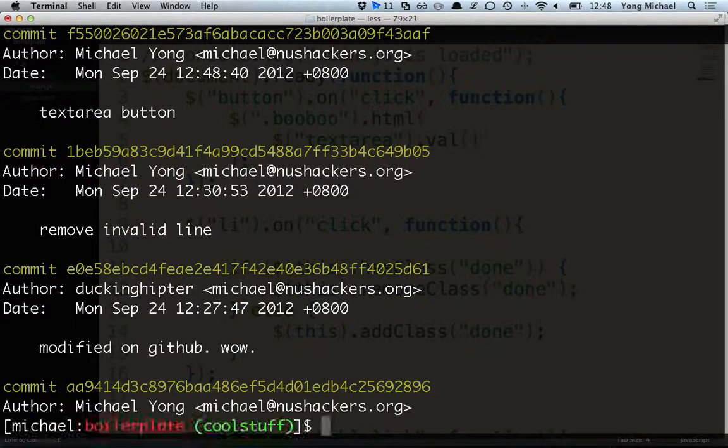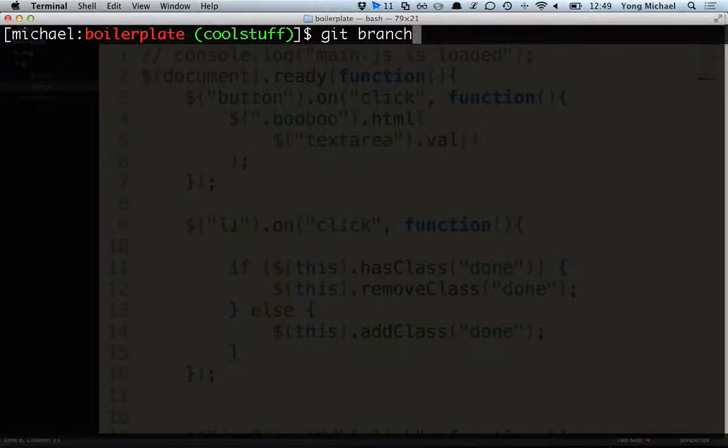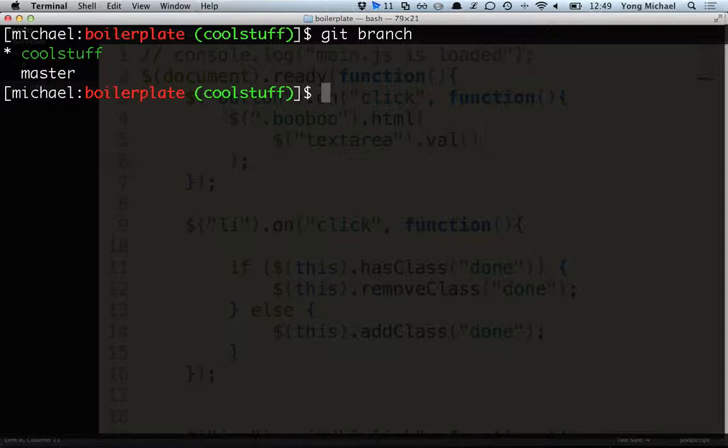And if you recall, we are on the branch cool stuff. We have two universes, cool stuff and master, right? And we earlier on told Git, bring me to this universe cool stuff. And then now we are making changes in this universe. And master is in a separate universe, right? It doesn't know of the changes we made. And so if I do git checkout master, if I go back to master now,